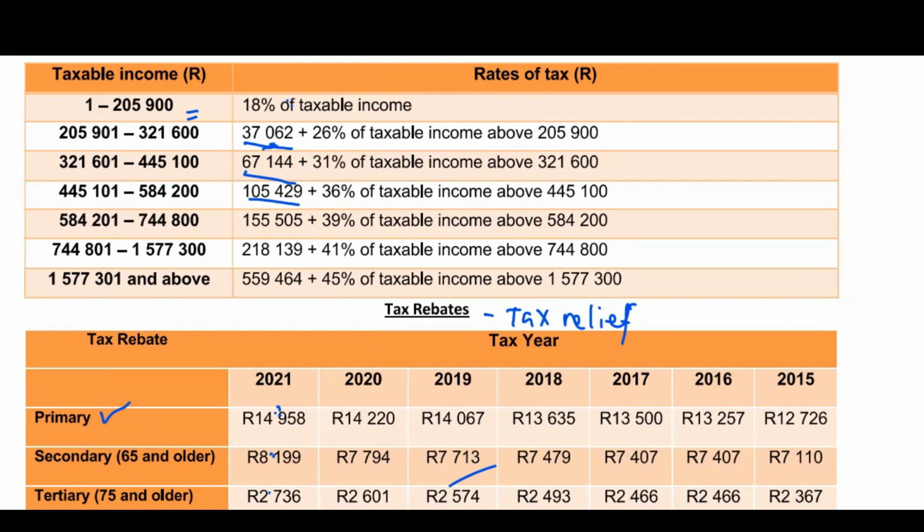For example, how was 67,144 determined? This comes from bracket number 2. So it's the maximum in bracket number 2, minimum in bracket number 3. But then how was it got? Since it comes from bracket number 2, you will come here to bracket number 2,